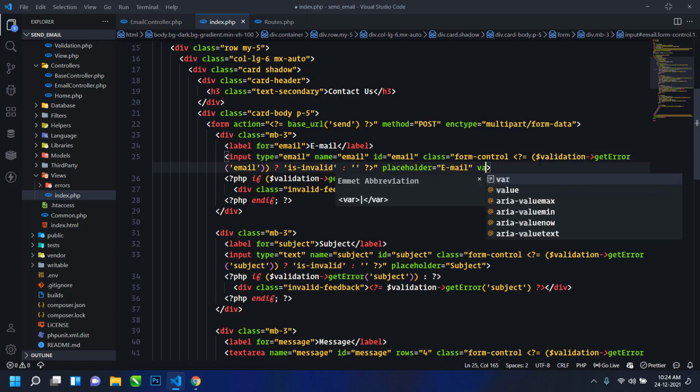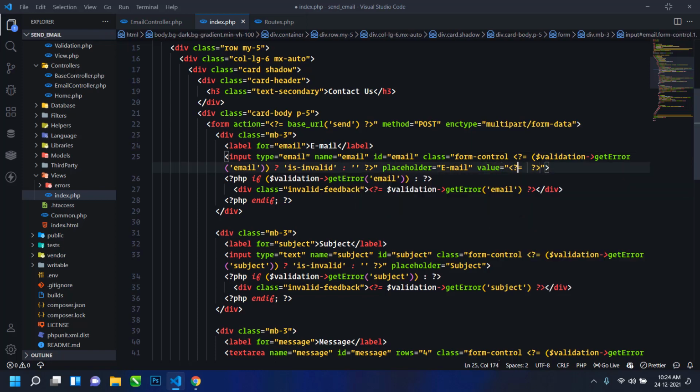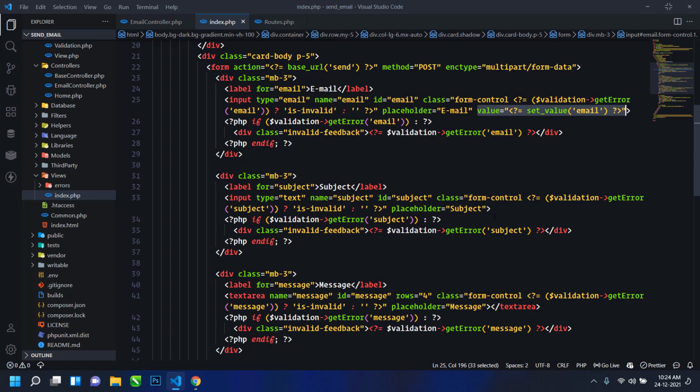So for this we need to set the value for each input field. Here I will use value, okay, and in value I will use the set_value method, set underscore value, and just write email. Similarly we have to do it for all the input fields, so just copy the same thing and paste here.